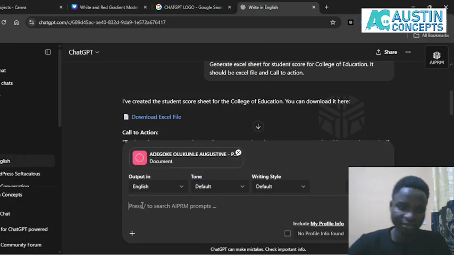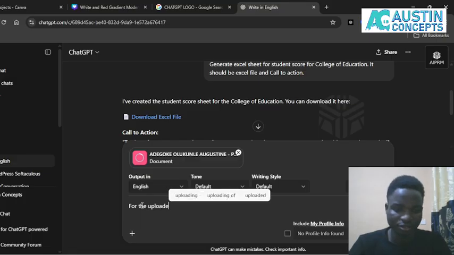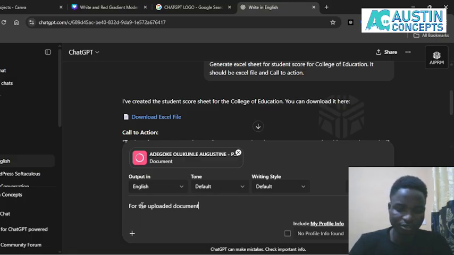So I've now said, for the uploaded document, generate the table of contents